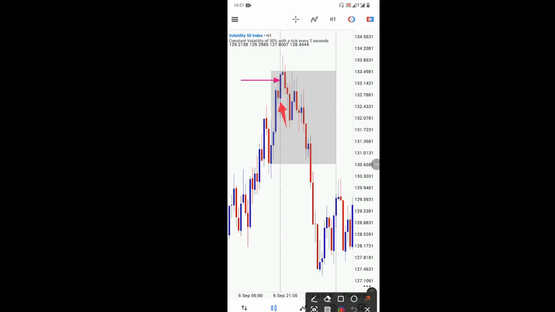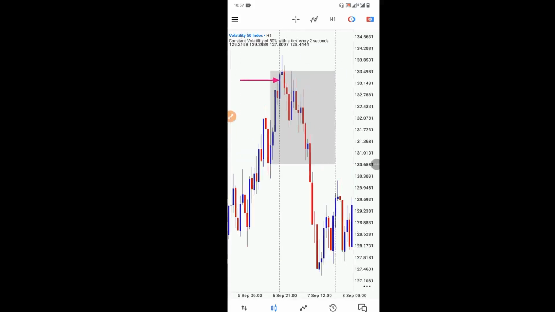So here what I will do is wait for price to close below the opening price of the series of this up close candle here, ignoring this down close candle over here. As soon as price closes below this one, then I'm selling, targeting the low of the previous day. Now price did that here. It closed